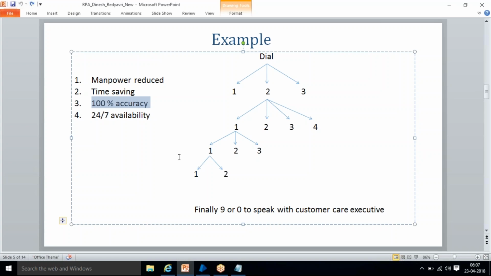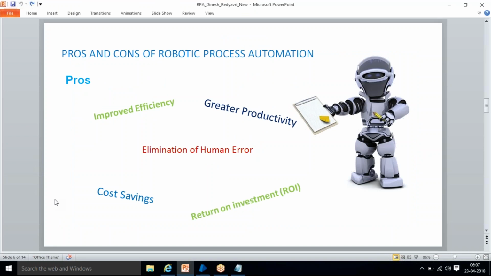And availability, 24/7 available. Previously, if you wanted to discuss anything, if you wanted to activate anything, you needed to make a call between 9 to 6 only. But nowadays, this option is available 24/7, right? These are the advantages we can say after implementation of RPA. Now, coming to this, these are the advantages, right? It will improve efficiency, it will improve ROI, return on investment, eliminate human errors, and productivity will increase,